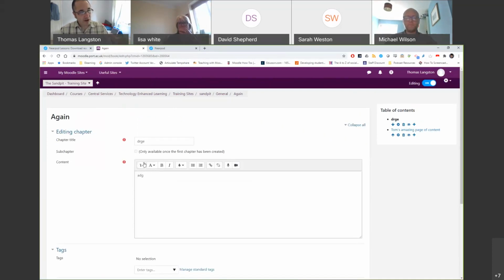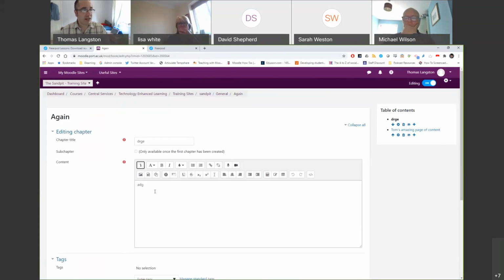as I say, the top left icon here, if I hover over that, it says Show Hide Advanced Buttons. Within that, there are other features. So there I can insert or edit an image. Insert or edit an audio or video file. Manage files. Now again, with that one, we are getting Panopto. At the moment, it's not there, but there will be a Panopto button, I believe, within Moodle to create content, so that it's hosted in a stable place, it's easily catalogued, and it'll be done to your user ID. So you can create content directly in Moodle using Panopto without having to worry about these other ones